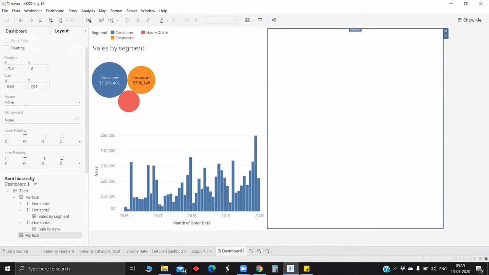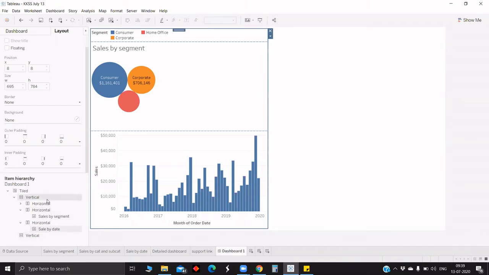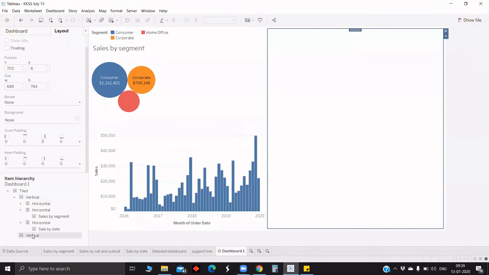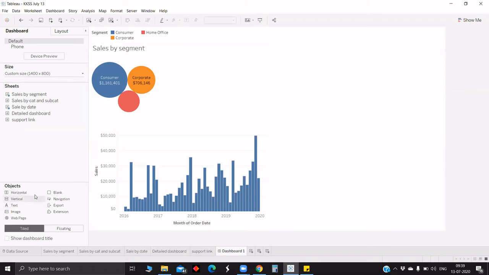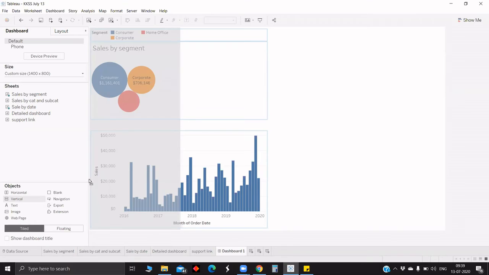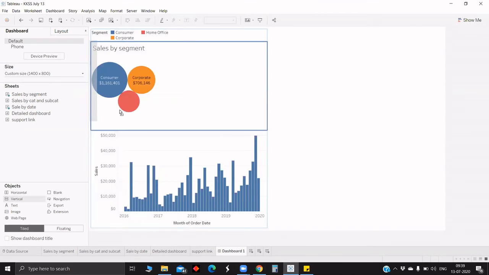So now if you see there, we have one vertical, and inside this vertical all the sheets are there. As you asked, we want one more vertical side by side, so we have now one more vertical. The way we have to do it is, since you want it side by side, whether it's left or right, you have to make sure. For example, now if you see the view, it's showing the entire left.